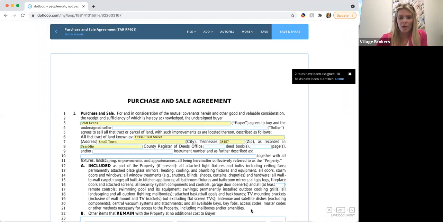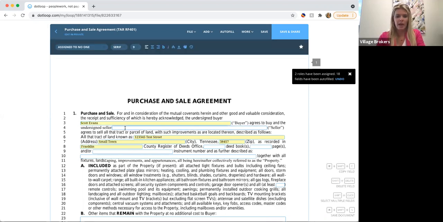Whatever was autofilled shows up in yellow. You can still edit it. You can still change it if you need to. It just shows you what the system put in for you based on the information you put in at the beginning. And just like the other forms, you're going to go through and you're going to add in who is